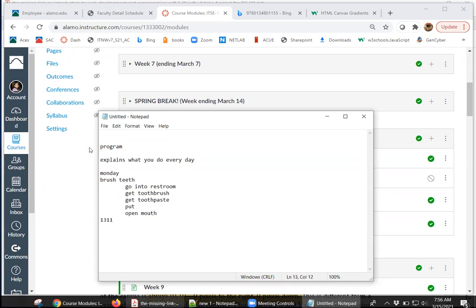This whole process, you're doing it. So brush teeth really represents a whole bunch of steps that you would have to do to actually brush your teeth. So instead of putting that whole list of things that you have to do, you can actually cut it out